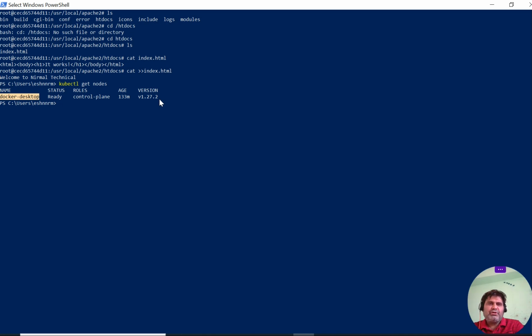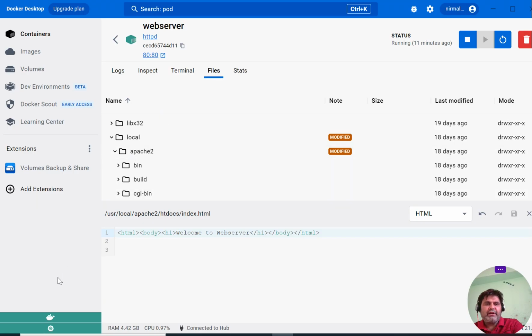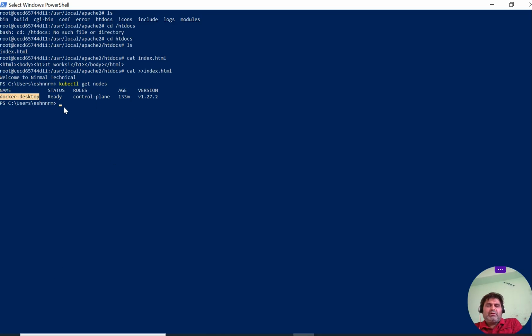Because Docker Desktop and the Kubernetes node are the same platform, if you want to run the container using the Docker daemon, Docker engine, you can fire the docker run command. If you want to run the container using kubectl, that means on the Kubernetes cluster, the command is kubectl run, with detach mode, and the pod